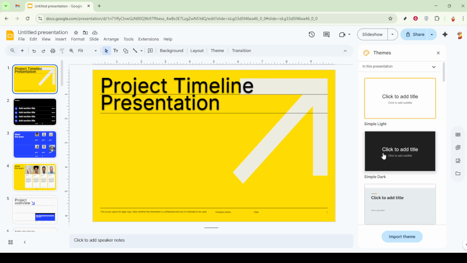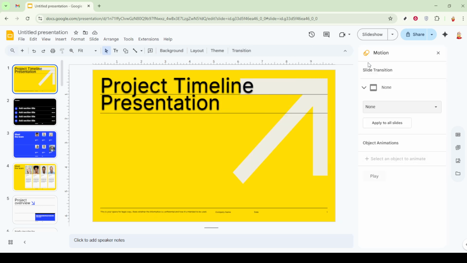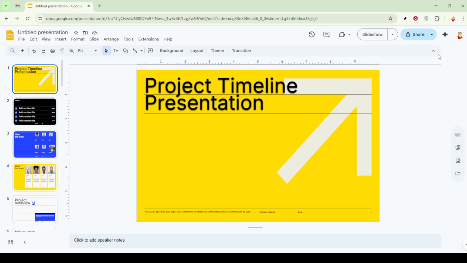To make your presentation more dynamic, Transition adds animations between slides. It's a great way to keep your audience engaged. Finally, the More Options drop-down houses additional tools like speaker notes and Q&A tools. It's the repository for features that can enhance your presentation experience, offering everything you need to create, share, and present